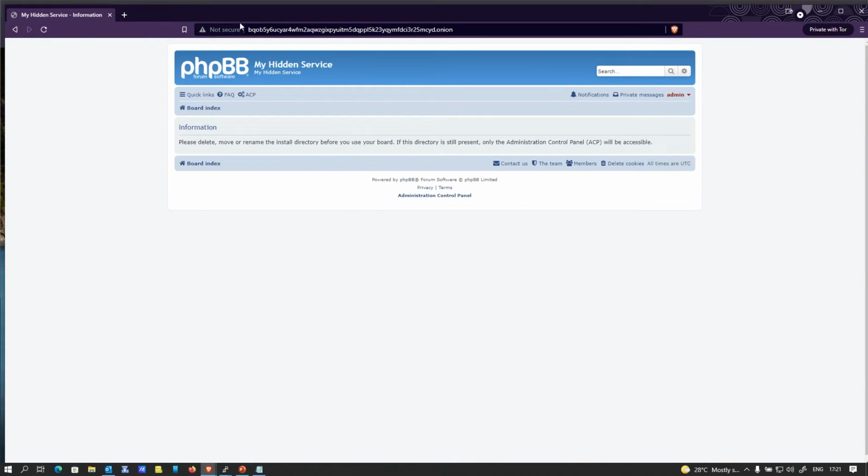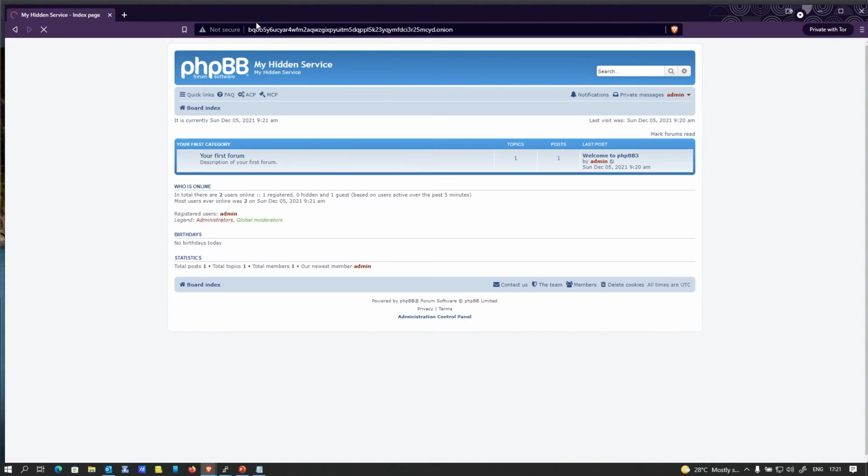And now if you refresh this here, it will bring you to your default. There's a standard post, something like that. That's it. Basically, that's how easy it is to set up a hidden service, an onion address, a message board